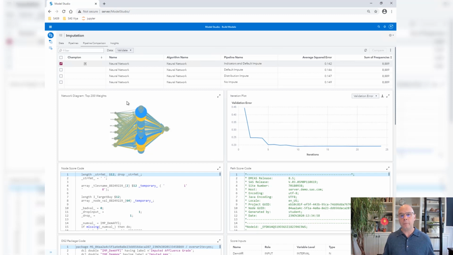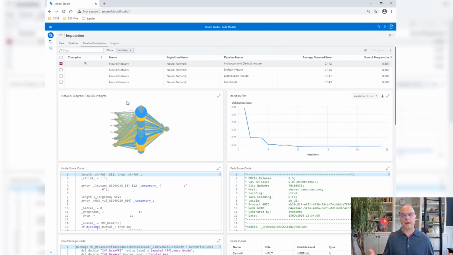It's okay to compare models, even models of different algorithms, as long as they're built on the same sample of data. Here, the NoImpute neural network has been built on a subset of the data that the others were built on. But nonetheless, we've got it here in the comparison, and it might just be useful or interesting to take a look at it.